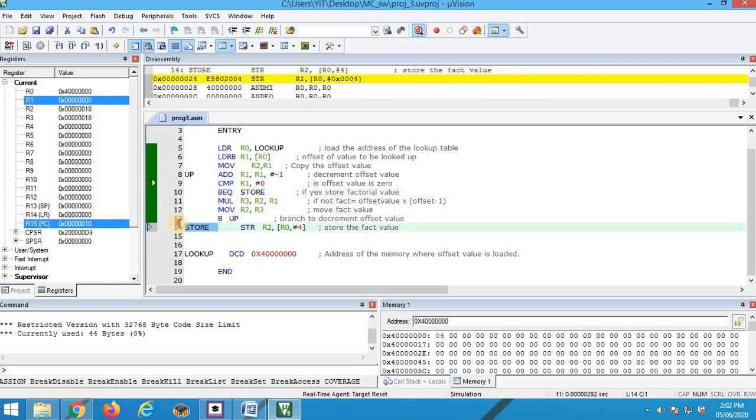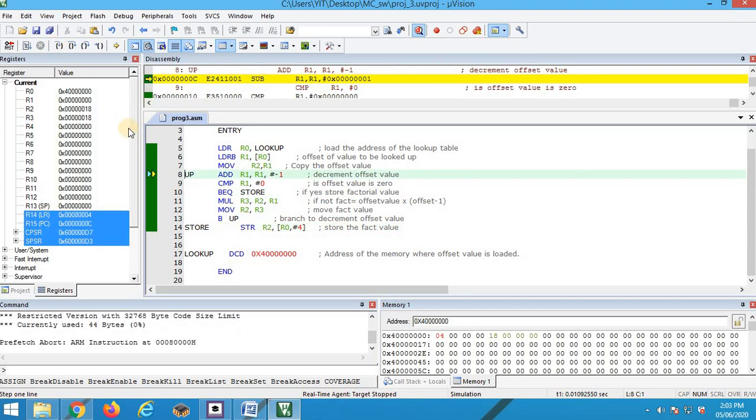Store. So here what you are doing? Whatever is there in R2. What is there in R2? 18, which is nothing but the hexadecimal representation of decimal 24, which will be stored at an offset 4 with respect to R0. That is 0, 1, 2, 3, 4. Here you are going to store the factorial of 4, which is nothing but 18.